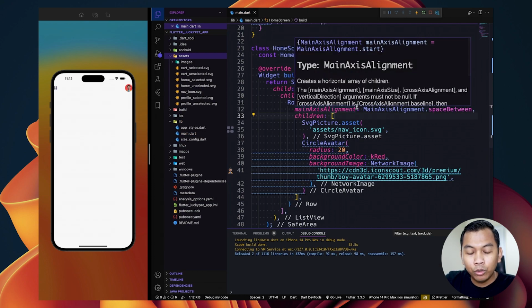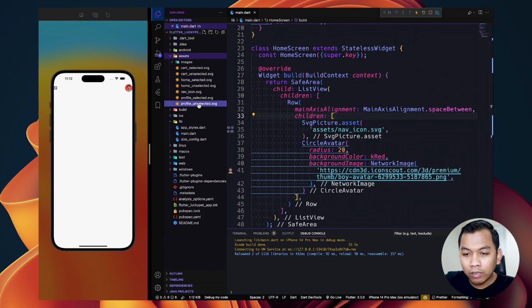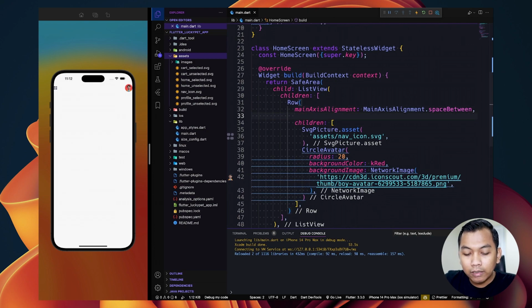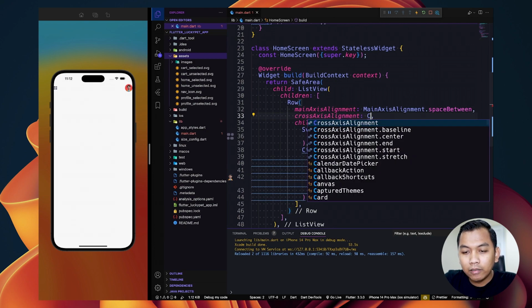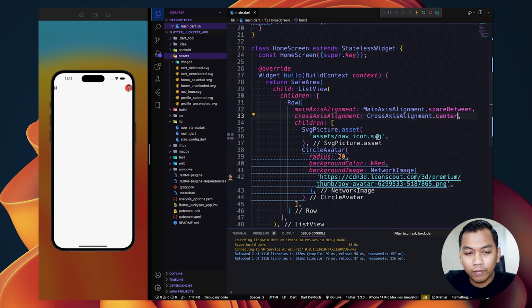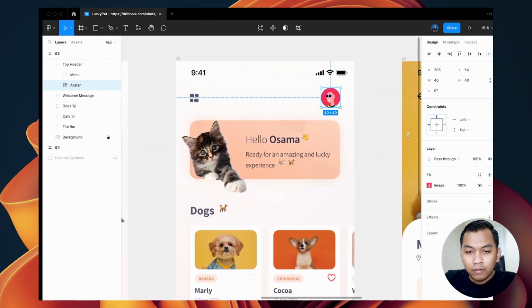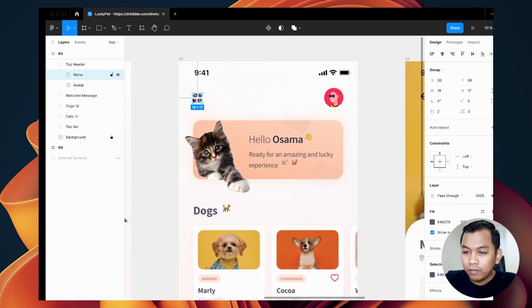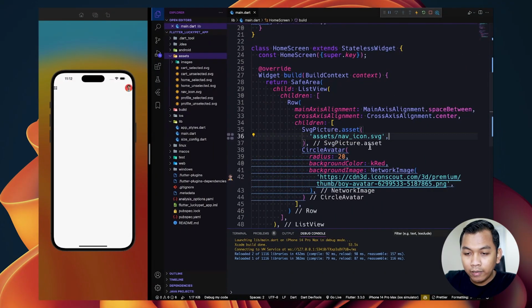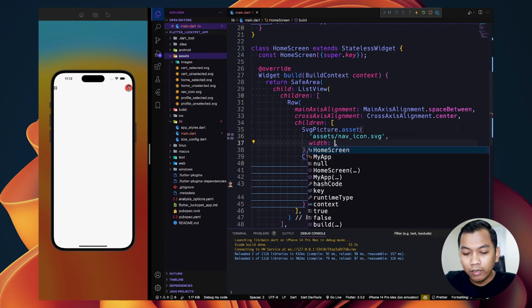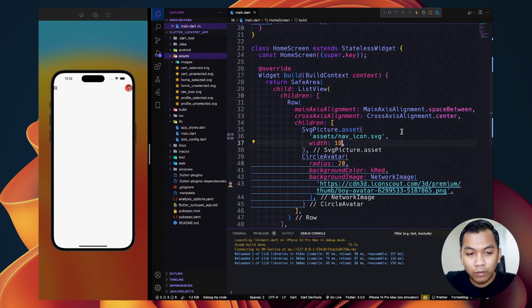So it will push on left and on right. To make sure the content is centered, we need to set cross axis alignment to be center. And we also can change the width here, maybe 18, like this.